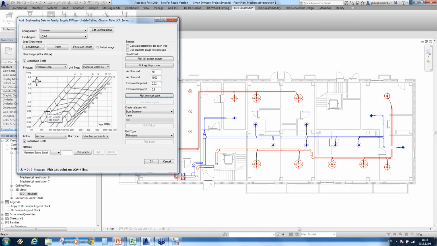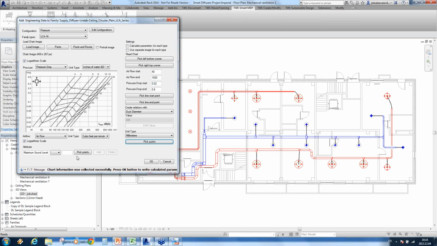Then pick the line start point and line end point and transfer that information to the other lines on a table. The lines are parallel, so we can just pick the same things as we've done before. The chart information was collected successfully, and what's more, I want to show you how to add some more information